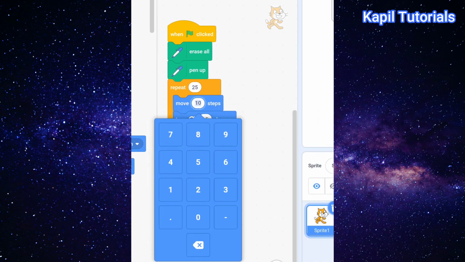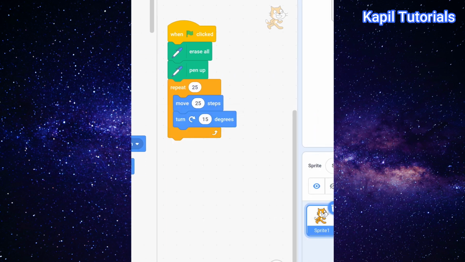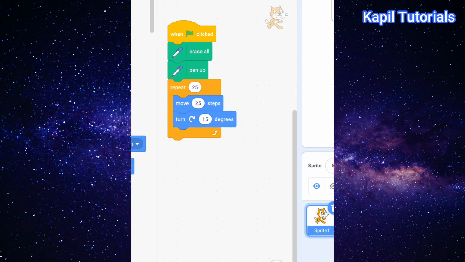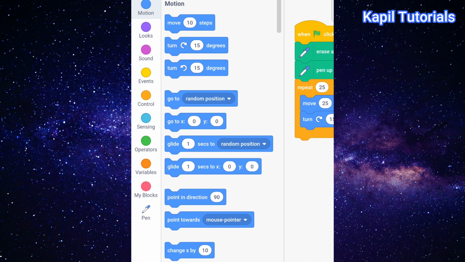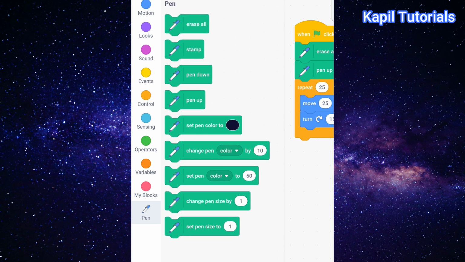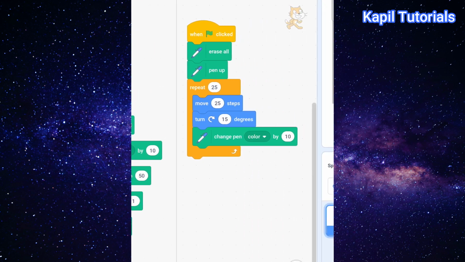So move also I want to make it 25, turn let it be 15 only, and along with this I want to use change pen color just to make it a colorful one. My circle should be colorful, so I'll use this.